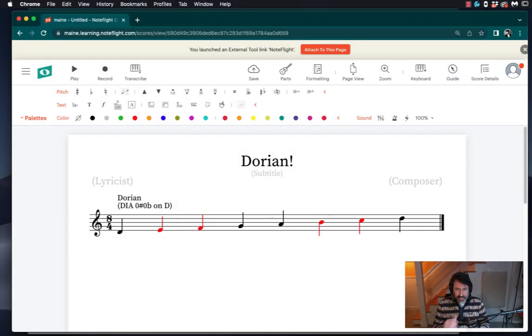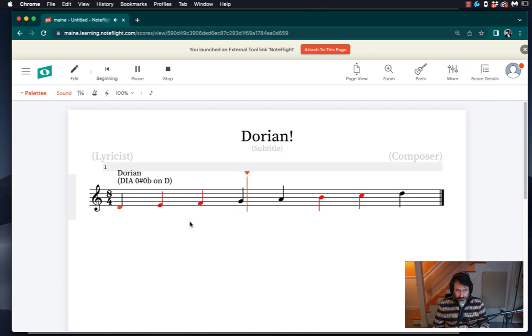Let's have a closer look at Dorian. Here's the Dorian scale, taken from that previous intro video on modes. And you can see it sounds mostly like a minor. It sounds a lot similar to minor, I think, in part because we've got the first pentachord, which is do, re, mi, fa, sol in minor, where things are a little bit different is on this